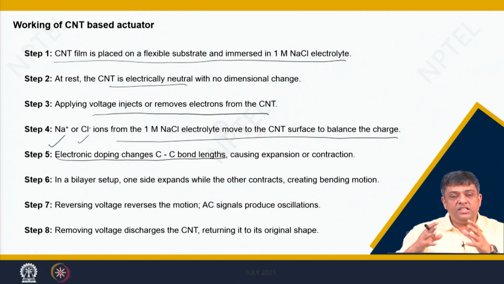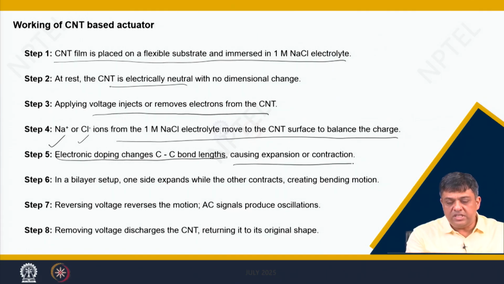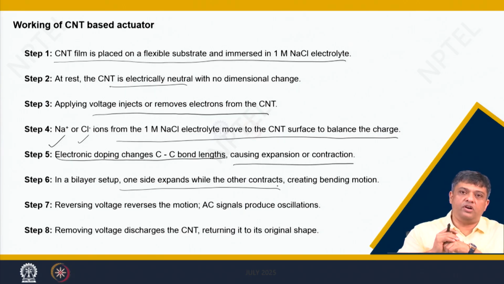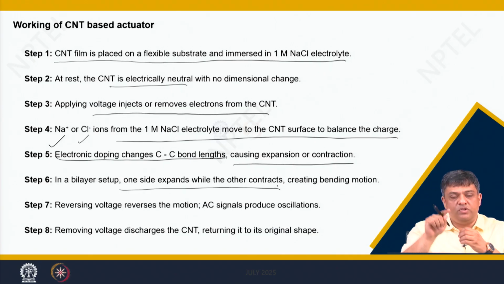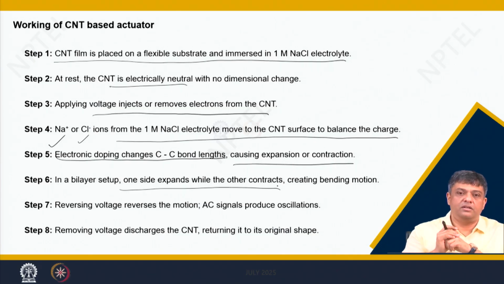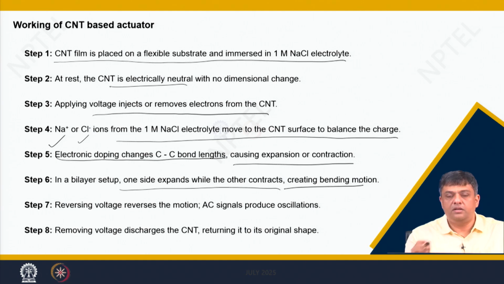Now, when this bond length changes, you will see either expansion or contraction. So, if you have a bilayer structure, one side expands while the other side contracts, and then you will see a bending in the tube.